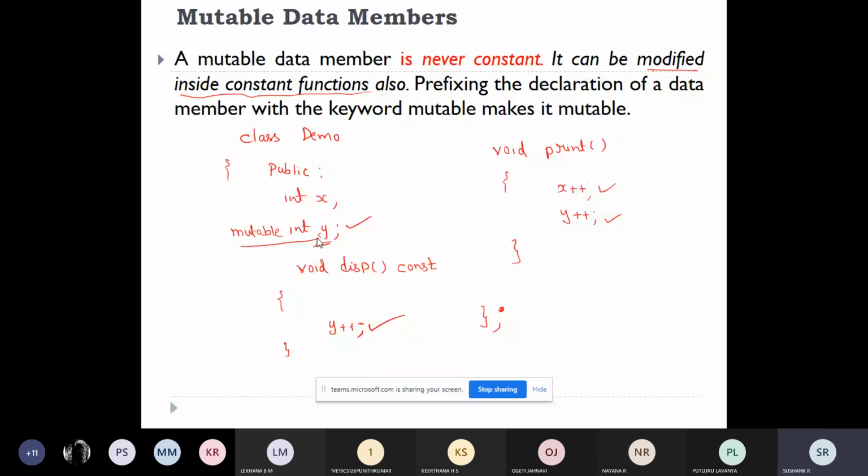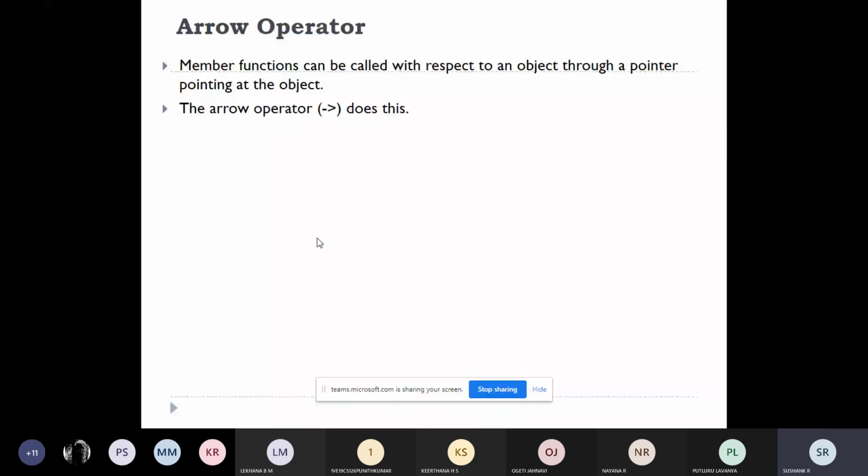So, constant member function, mutable data members. The next one is the arrow operator. What is this arrow operator? Whenever you are using pointers, you would have used this in structures also.